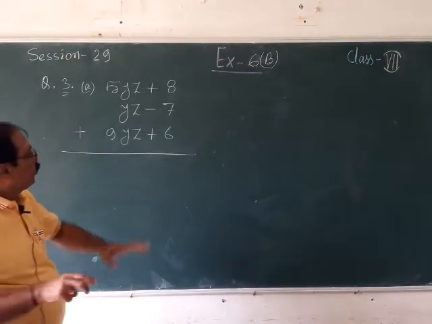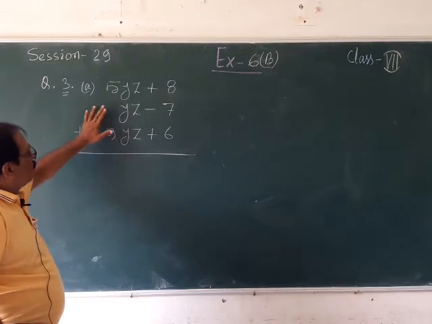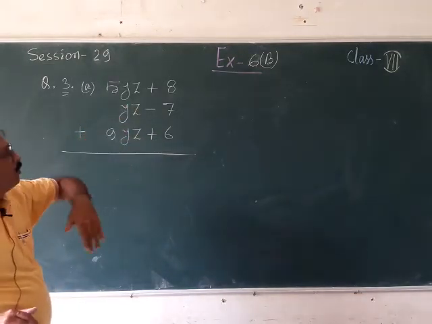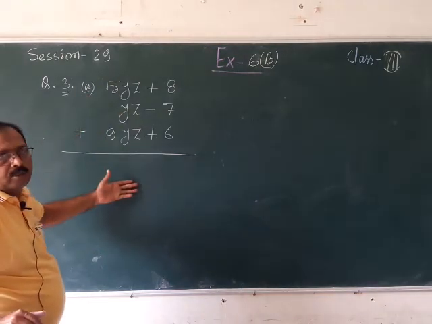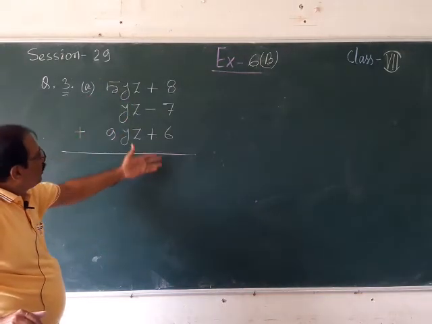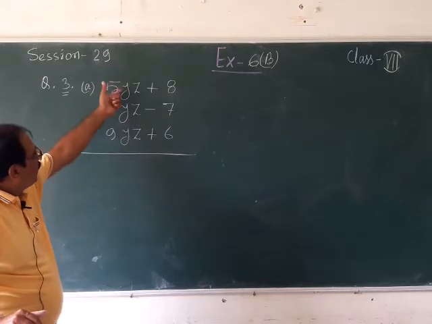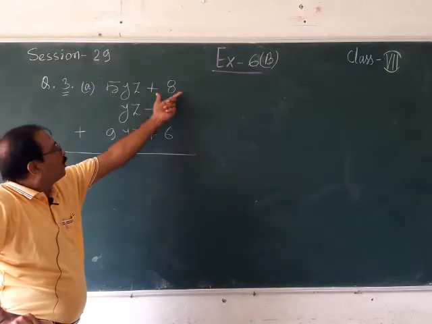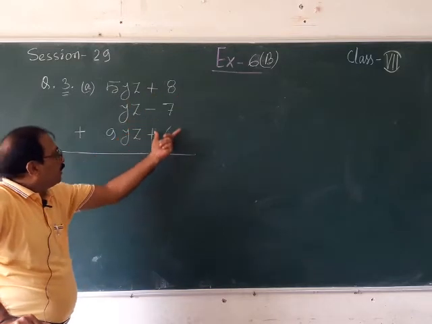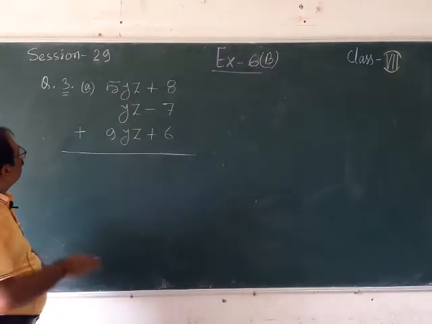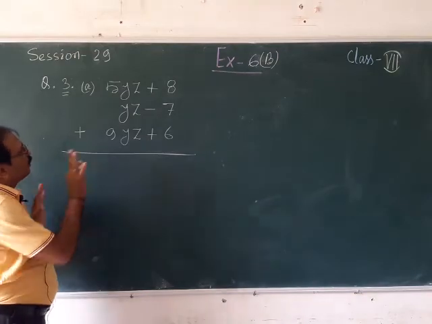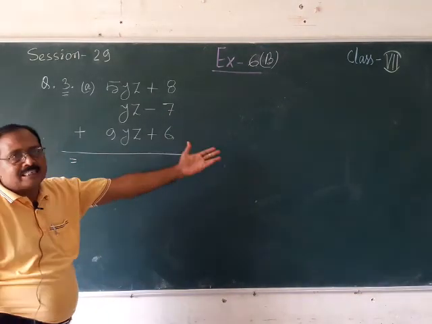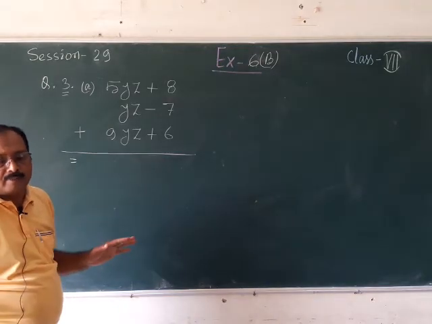Today I am going to show you first the row method and the column method. Row method means the method which I am doing. In that way, in a row you write the like terms just below the like terms, and here all the constants. Now you have to think what you get after adding. You can add from any side, right or left. Your answer will be the same.